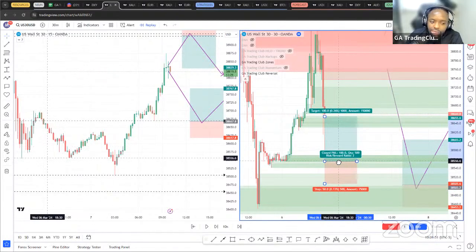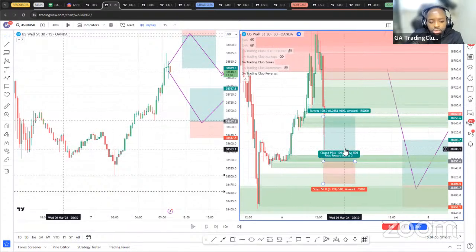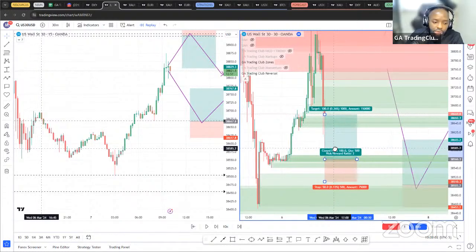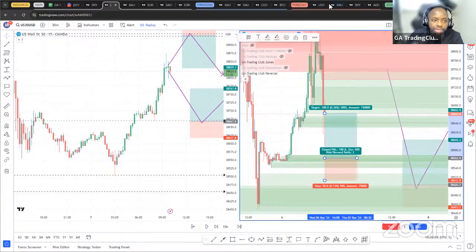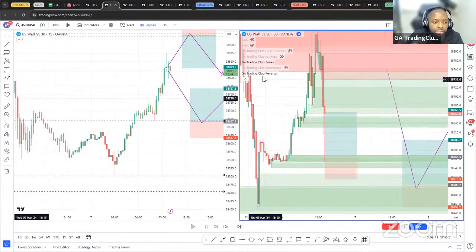But here, this was the next best one, because you can see there was more structure to the left compared to here. So this one is the one that would have gone instantly to full TP. Same thing: when price comes to this zone, you either enter on impulse or you look for that 5-second entry or even 10-second. If you do the 5-second, maybe your entry would have been somewhere like this, and you'd still have hit